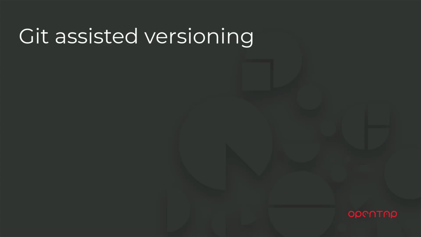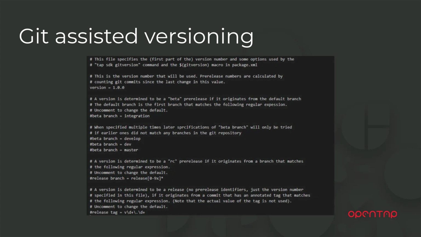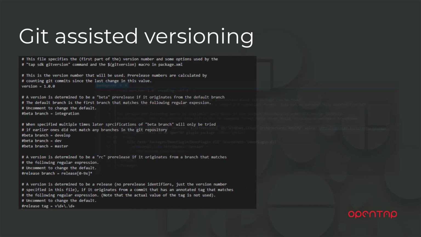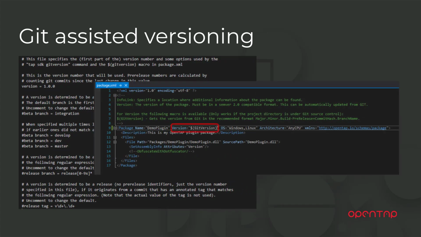Git Assisted Versioning can be used only if you are using a Git repository for managing your tap plugin. The version is managed in a file called .gitversion. Here is a sample of the .gitversion file. When you make changes to your plugin, you can update the version field in the .gitversion file. You can tie this version directly to your package.xml by using the git version macro to enable OpenTAP to use